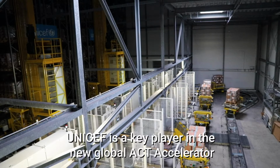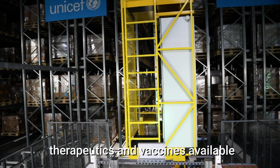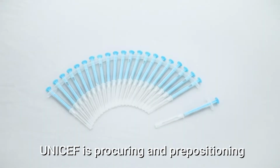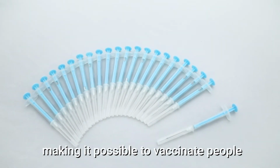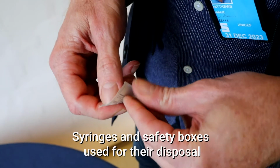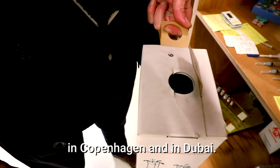UNICEF is a key player in the new Global Act Accelerator, making COVID-19 diagnostics, therapeutics, and vaccines available to everybody who needs them as quickly as possible. UNICEF is procuring and pre-positioning WHO pre-qualified auto-disable syringes, making it possible to vaccinate people in low and lower middle-income countries when a vaccine becomes available. Syringes and safety boxes used for their disposal are being pre-positioned at the UNICEF supply hubs in Copenhagen and in